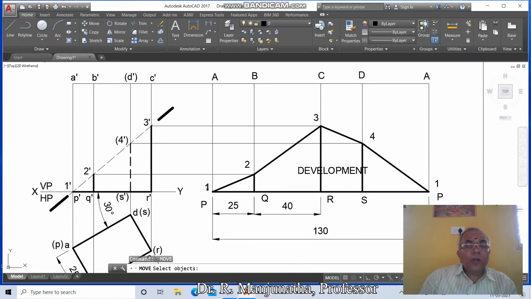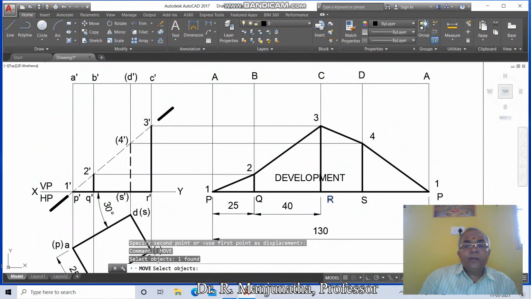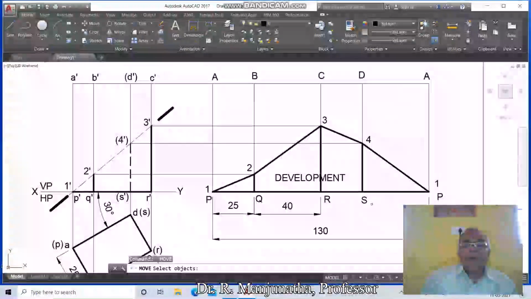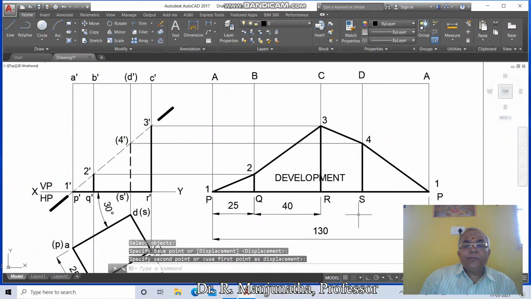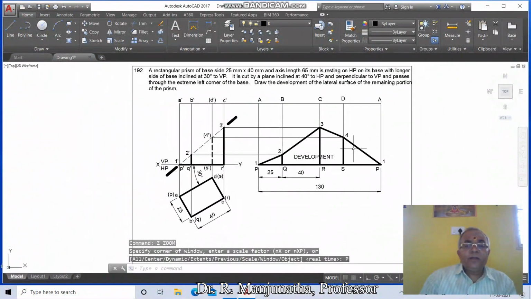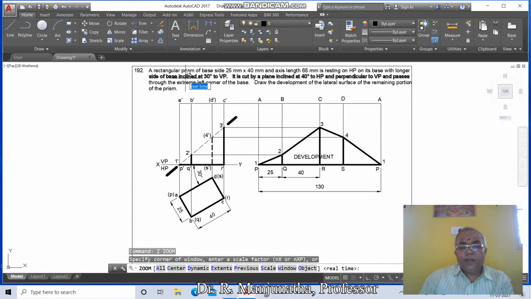Then you come down to 1, then come down to P, then come down to 2, then come down to Q, then go to development, then come down to R, come down to 3, come down to 4, then come down to S, come down to P, then you move this 1, then you have the zoom previous, then go to zoom previous,